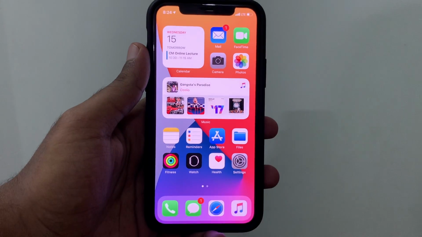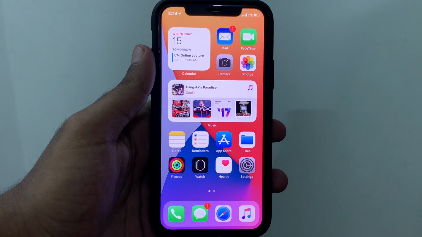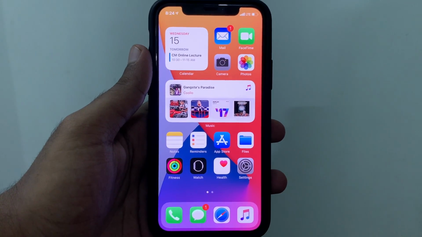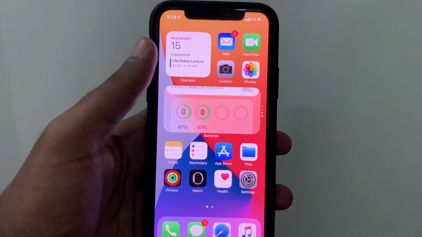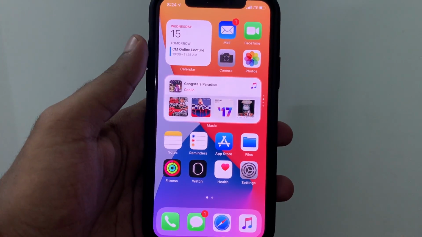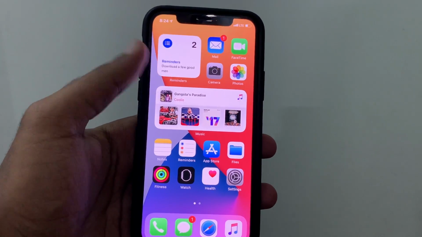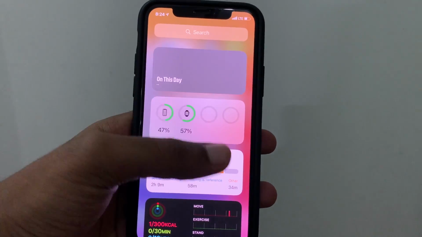The biggest highlight of iOS 14 is the new widgets. Now you can get widgets on your home screen, which can be arranged, and multiple sizes are available for multiple widgets. The widgets can be stacked on top of each other to create a dynamic smart widget, which learns your user pattern and changes accordingly.